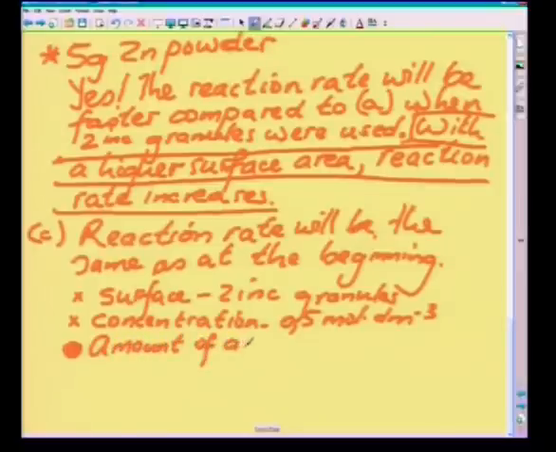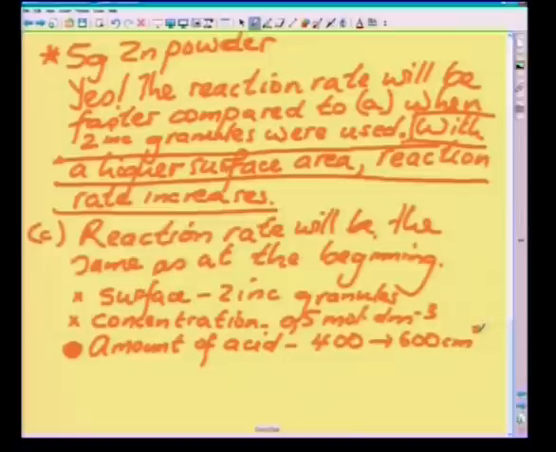Amount of acid, we started with 400. We are now using 600 cubic centimeters. So all we have changed is the amount of the acid. Now remember what I said about the amount earlier on. If you change the amount of a substance, you are not going to change the rate of reaction, because this is not a factor that will affect the rate of reaction. Hence, we are saying that the reaction rate will be the same as at the beginning, at the start of this